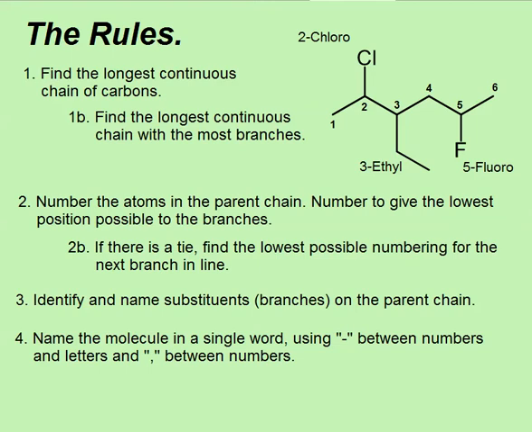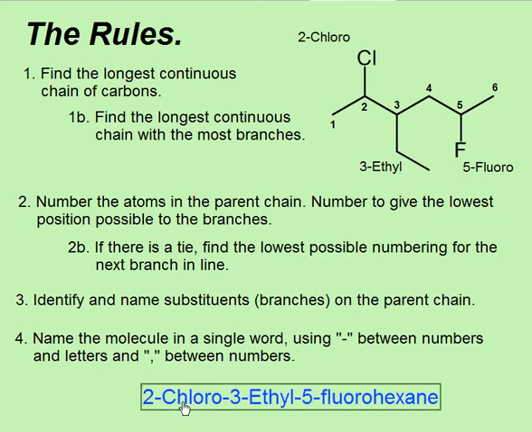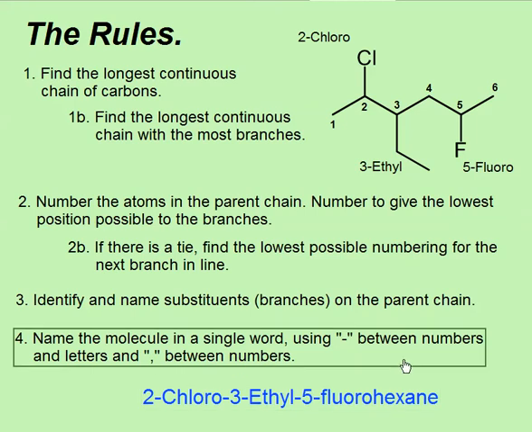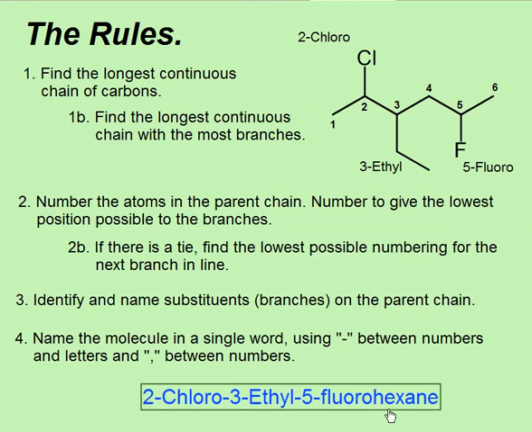So for the name of this molecule, we get 2-chloro, 3-ethyl. That's our prefixes to the molecule, along with the 5-fluoro, of course, 3 of them all together. And then the name ending, the suffix, is ANE because it's an alkane, and the parent chain is 6 carbons long, so it's